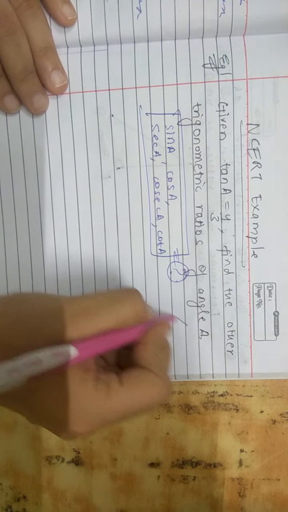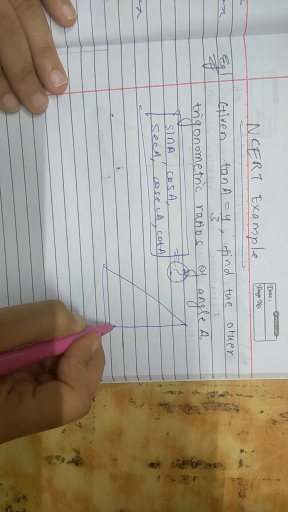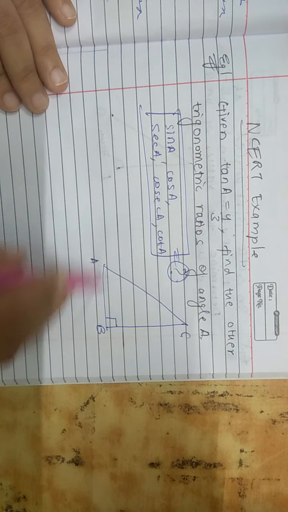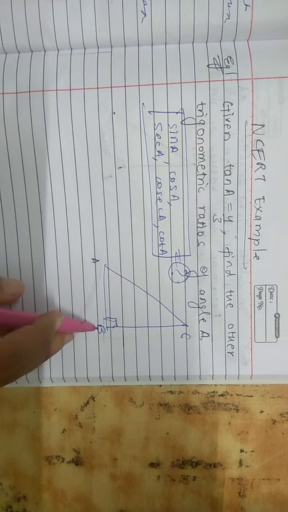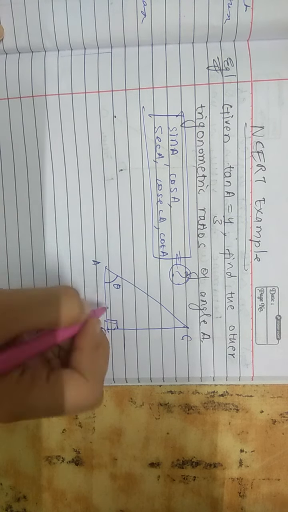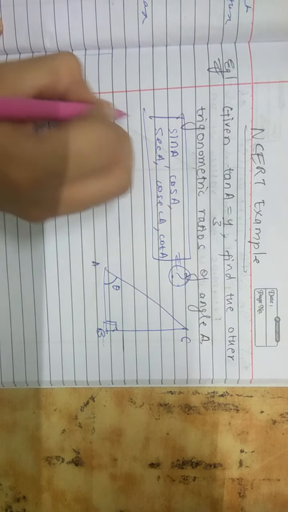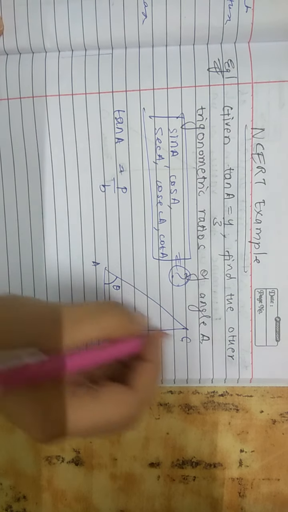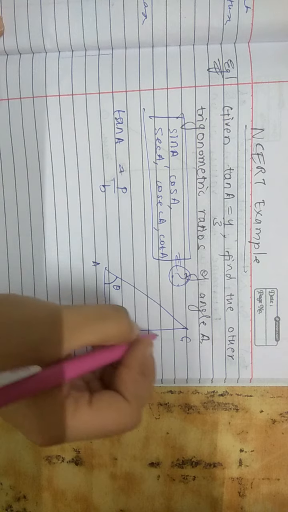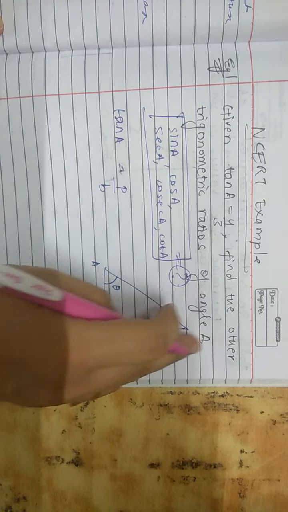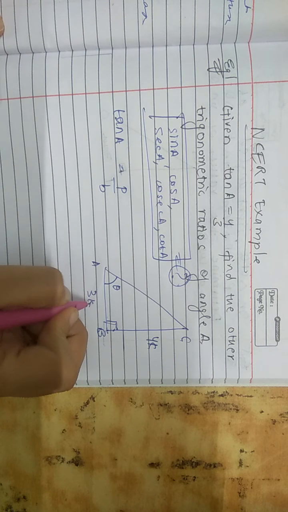So since the value of tan is given, first what we can do is we can draw a right angle triangle, and mark it as A, B and C. This right angle triangle is right angled at B, for example. So here angle A, this is our theta, or we can take it simply as A. So tan A is perpendicular by base. So here perpendicular is always the opposite side to the angle. So here 4K is side BC and 3K is side AB.